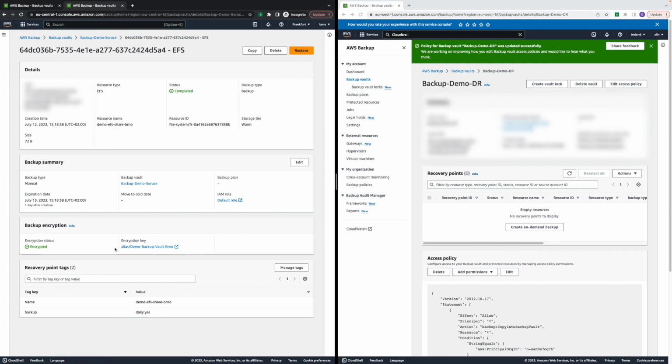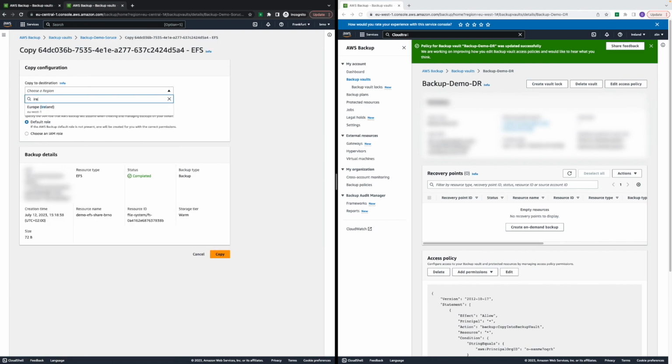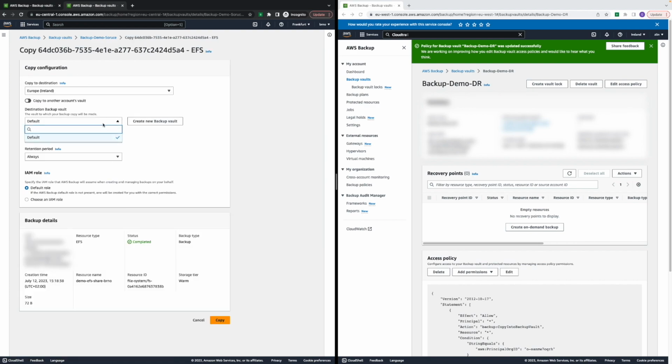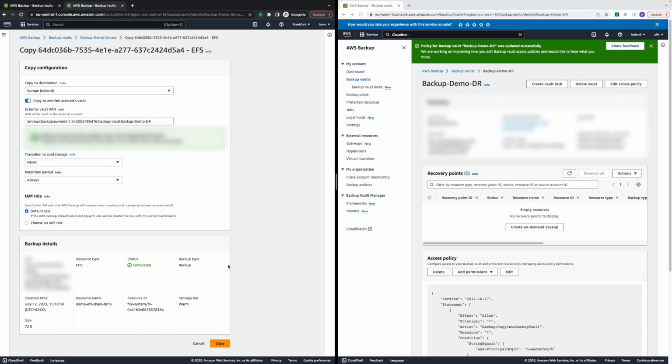Just completed, and you can see which key is used. The backup data is re-encrypted with the key which we use for the vault for EFS. For the EBS it will not work that way; it's the same key that we used at the source. So just do the copy from the source to the other account. Let's put the ARN of our target, and it will fail, you can see right now,